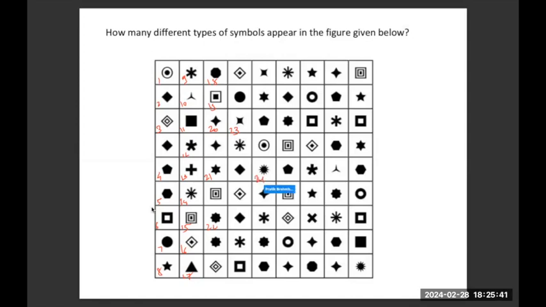Okay, so this would be 24. So 25, 26. Yeah, so 26 are the total number of symbols